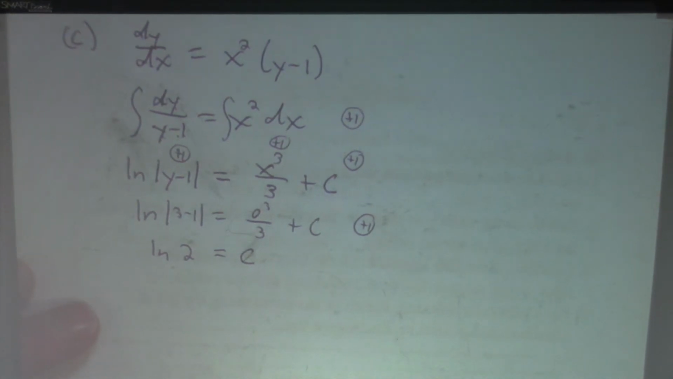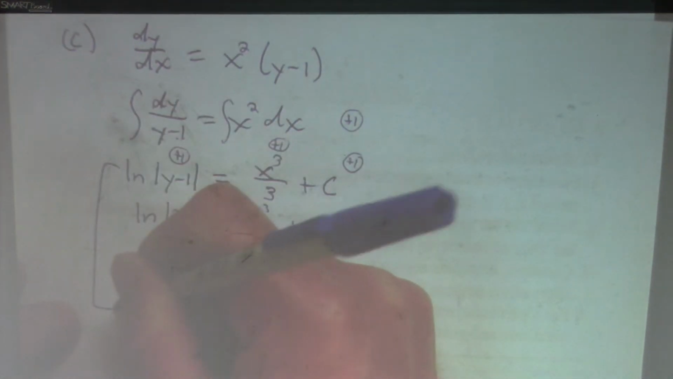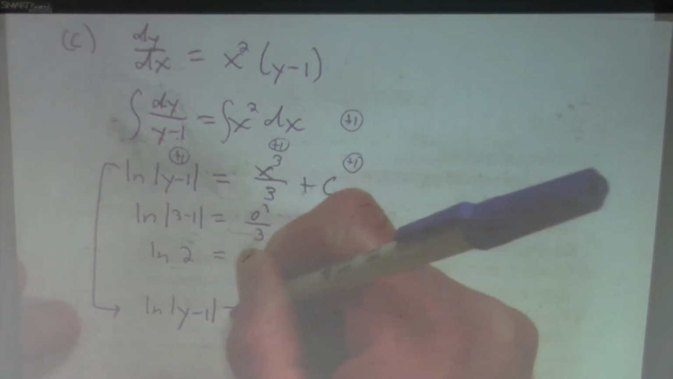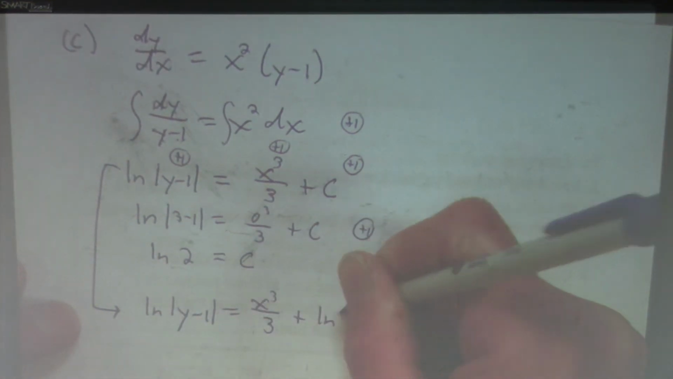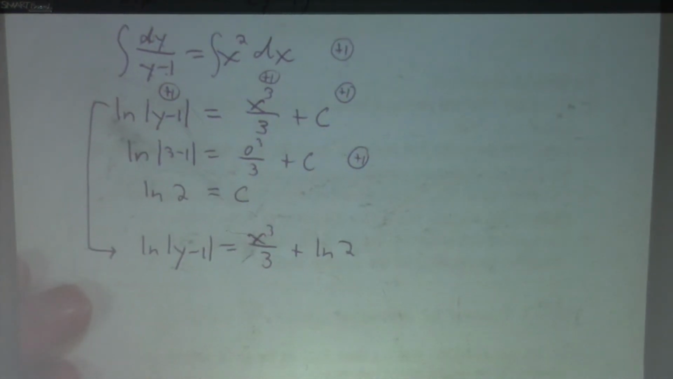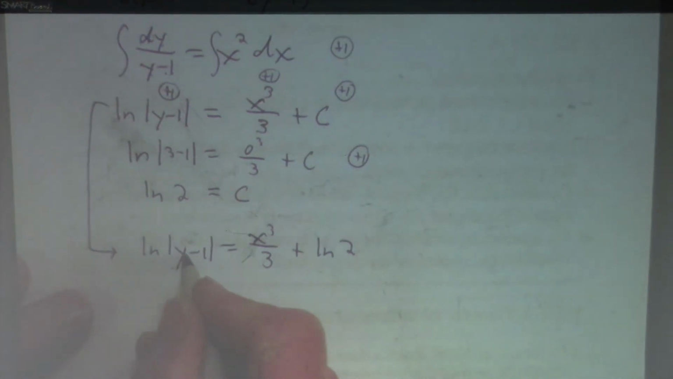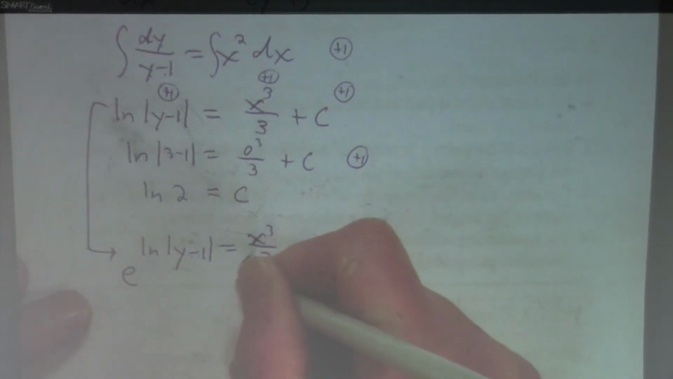Okay, so now let's go up here and let's rewrite my general solution as a particular solution, with c being the natural log of 2. Okay, I need to get y by itself. We know that y is trapped in a natural log argument, and you get rid of logs with bases, and more specifically, I get rid of ln's with e's. So